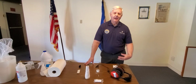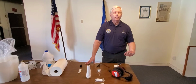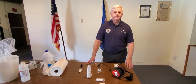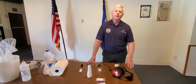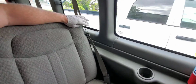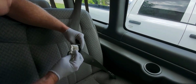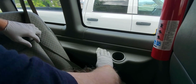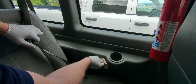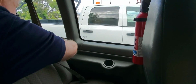That is why we're sanitizing everything in high contact areas after we finish a sortie, so we don't potentially infect the next crew, be it an air crew or a vehicle crew. We're now going to sanitize a vehicle used on a sortie. We're once again going to start in the back, sanitizing the seatbelt buckles and the seatbelt buckle receptacles and any